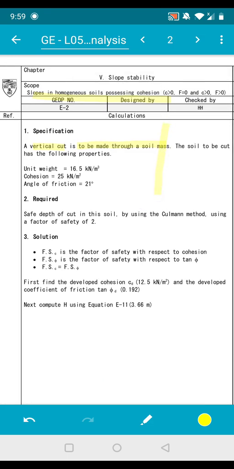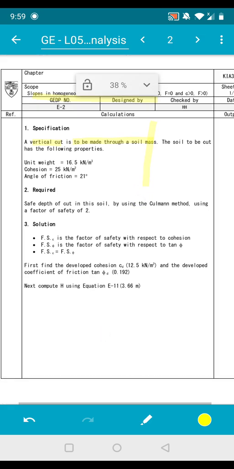The soil to be cut has the following properties. The unit weight is 16.5 kilonewton per meter cube, the cohesion is 25 kilonewton per meter square, and the angle of friction is 21 degrees. And what is required? The safe depth of cut in this soil, by using Kalman's method, and the factor of safety is given